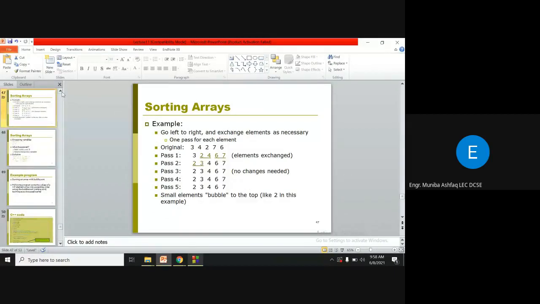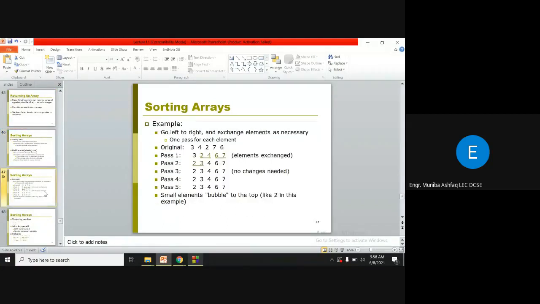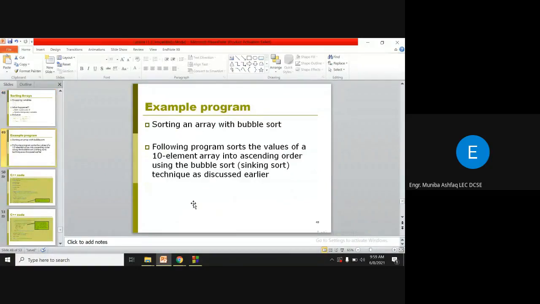लेकिन इससे पहले आप जो है सॉर्टिंग अरेज में हमारे पास क्या होता है कि आपके पास कोई लिस्ट है, ठीक है, तो उसको आपने सॉर्ट करना है। जैसे आपके पास ओरिजिनल लिस्ट है 3 4 2 7 6, ठीक है, तो इसमें आपने सॉर्टिंग कर रहे हैं, मतलब वैल्यूज़ को आप सॉर्ट आउट करें, मतलब पहले 2 आना चाहिए असेंडिंग ऑर्डर में, ठीक है, फिर 3 4 6 और 7, ठीक है। ये प्रोग्राम हम लिखेंगे सॉर्टिंग अरेज में जो कि इसको सॉर्ट आउट करता है। इसको हम बबल सॉर्ट वाली एग्जांपल्स के थ्रू करेंगे, ठीक है।